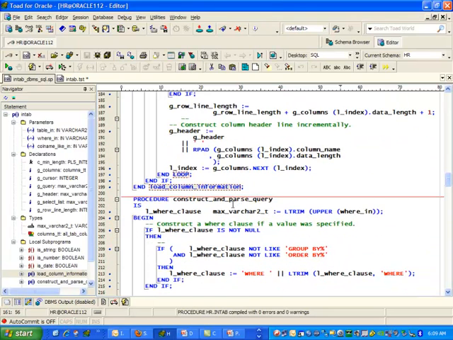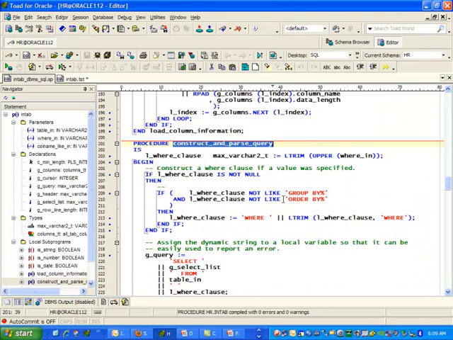And then I'm going to construct and parse my query. So I'm going to add a where clause. If somebody's provided a where clause string, if it's not null, then I'm going to put this information onto my where clause variable. And note, this could lead to problems regarding SQL injection. This is covered